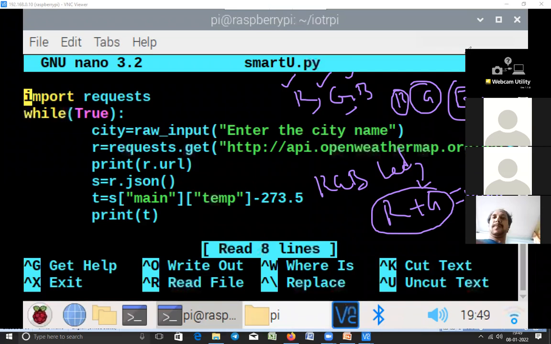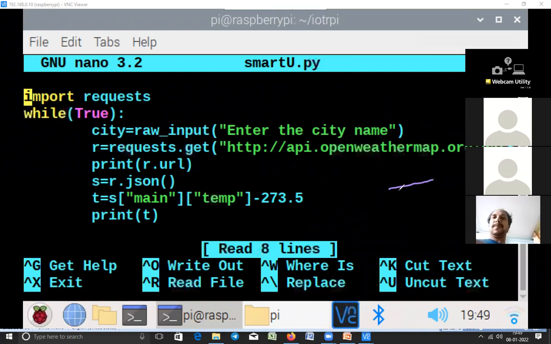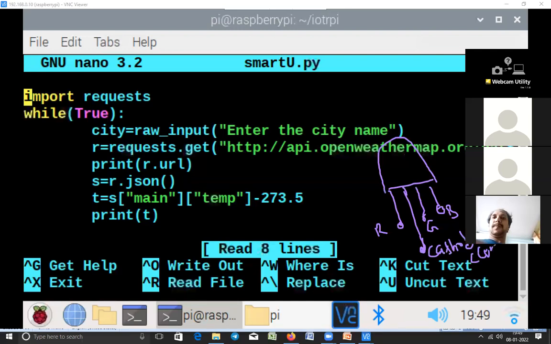I'll show you the LED here. This common cathode LED contains a total of 4 terminals: a red anode, a green anode, a blue anode, and the longest terminal, which is the cathode terminal. This cathode is common to all three LEDs: red, green, and blue.